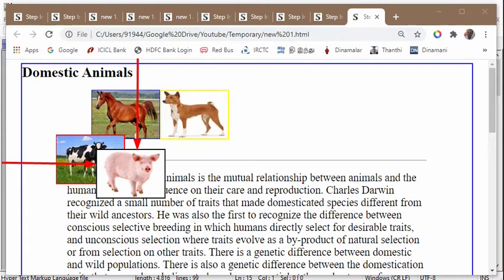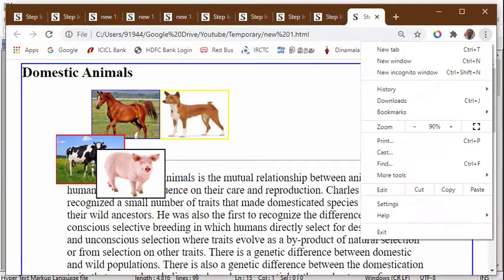And also you can notice the fourth image is moved to the third place. Previously, with relative, no image will move to occupy the original place of the first image, but here with absolute, automatically the fourth image will move to the third place. And here the position will be constant, that is 200 px from top and 200 px from left.